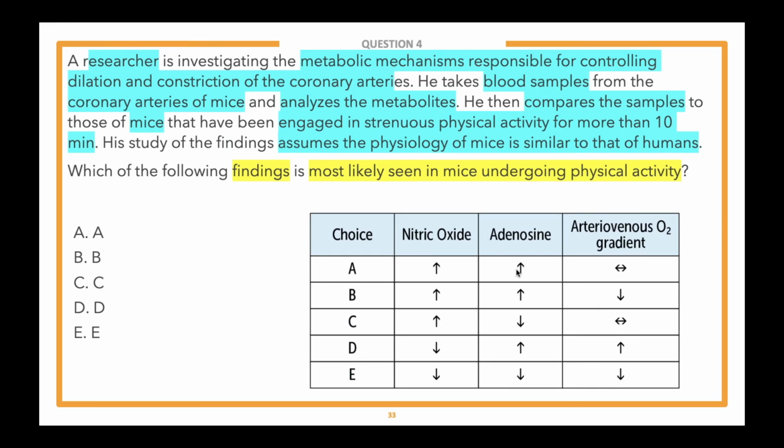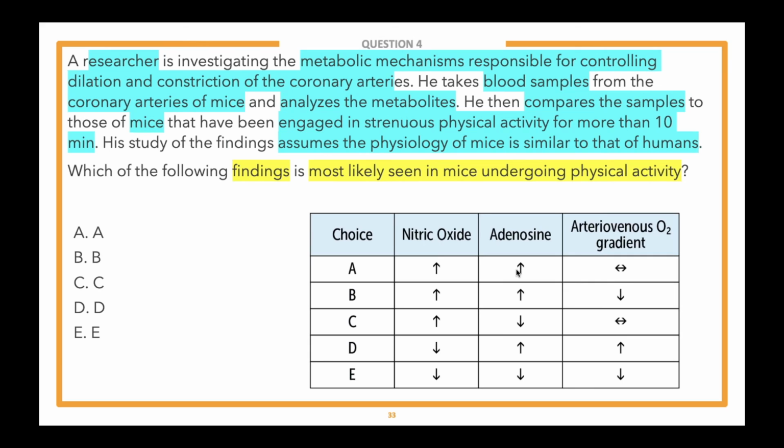In answer choice E, it's saying nitric oxide, adenosine, and AV O2 gradient are decreased. In answer choice D, nitric oxide is decreased, but adenosine and AVO2 gradient are increased. In answer choice C, nitric oxide is increased, adenosine is decreased, and there's no change in